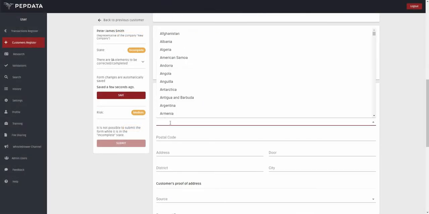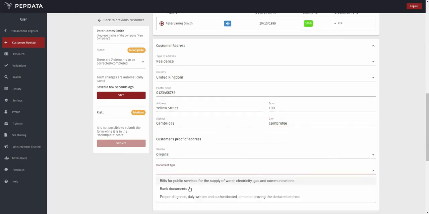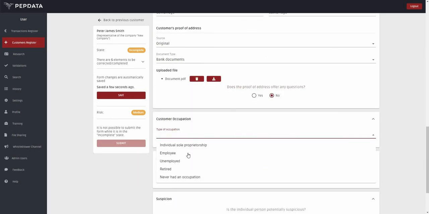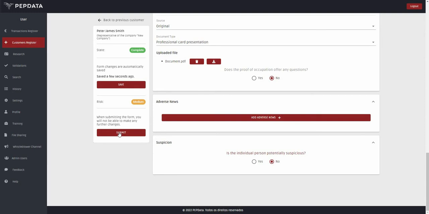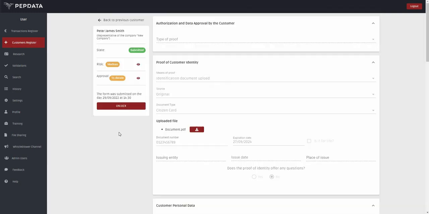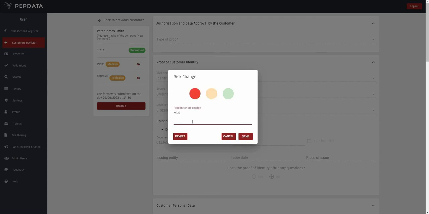When completing the form, it will present you a risk and an approval status, which can be changed by entering a note that justifies the modification. All states are generated based on received data. The status of approval depends on the level of risk. If this is medium or high, it will require reinforced diligence, carried out through workflow approval, of a previously established